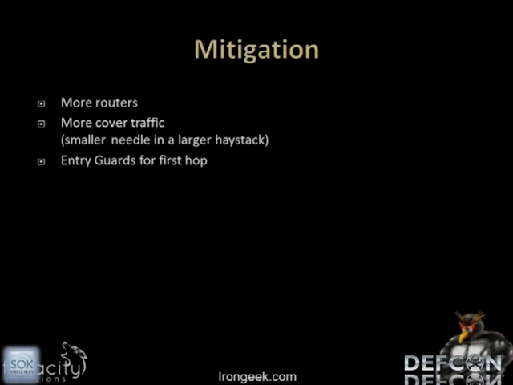Entry guards may help, and entry guards is a concept that Tor uses where essentially you have a certain set of points that are always going to be your first hop, and then you might somewhat randomly choose from there on out. Now, the first obvious thing to do would be to randomly choose your path every single time.